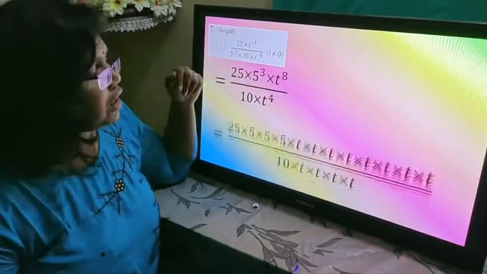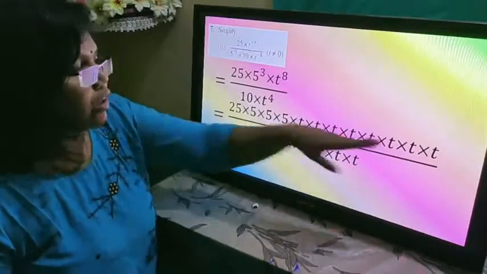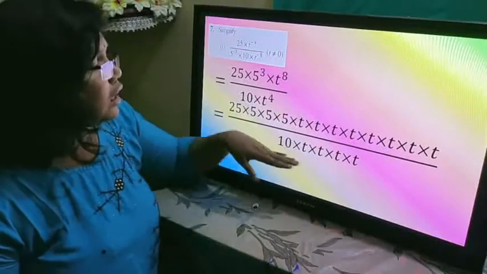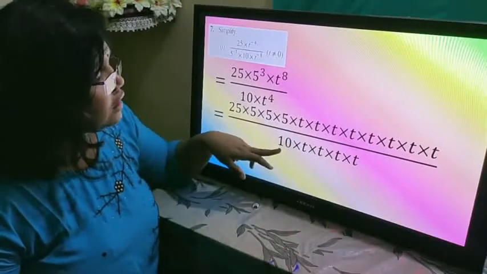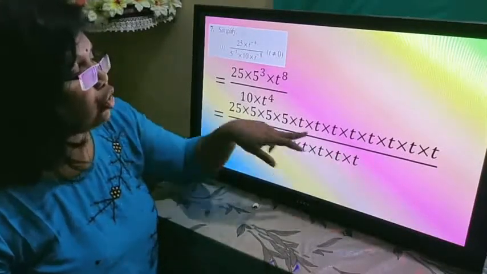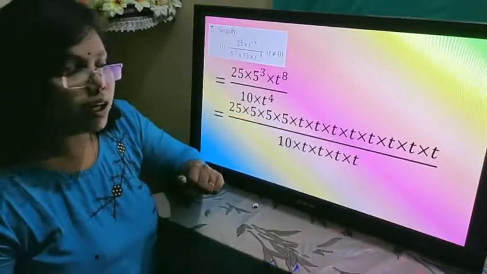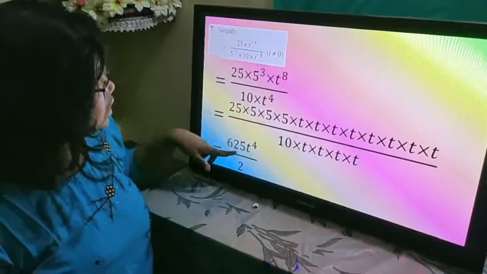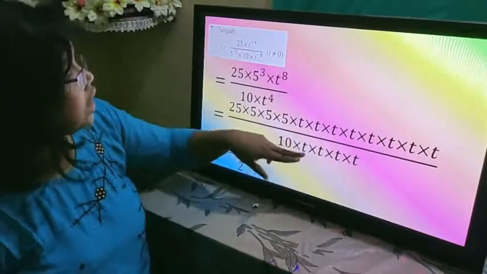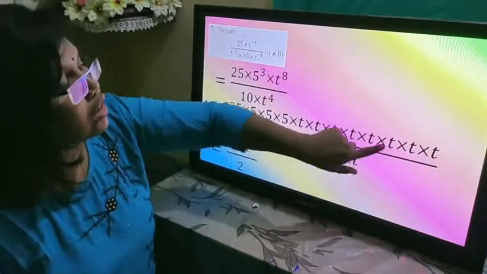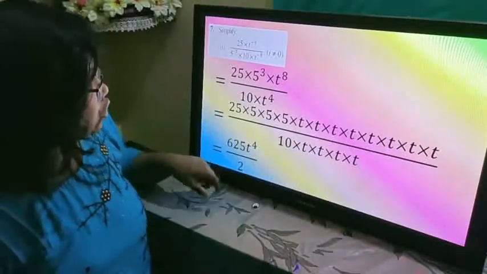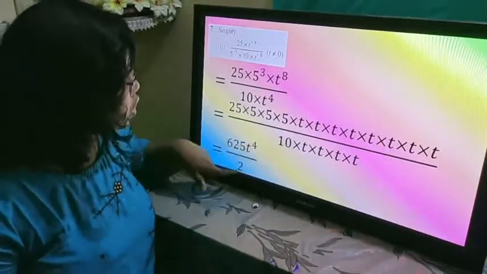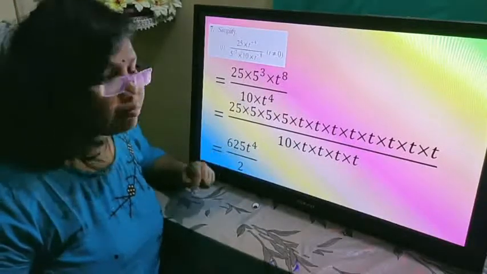Now next step, like we had done in the last question, in the same way, just write all of them in multiplication format. Then cancel off. So 5 could cancel 10, you get 2, and all these 4 t's could cancel the 4 t's in the numerator. So what's left is 25 into 25, that is 625. And since four t's are cancelled, what's left is t raised to 4. And 5 had cancelled 10, so we had 2 here. So 2 is the denominator. This is our answer.